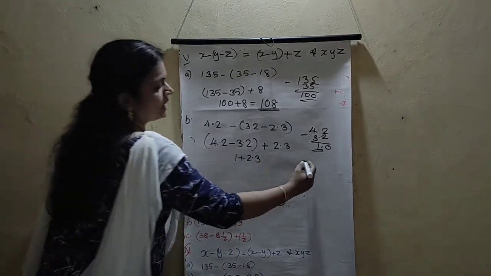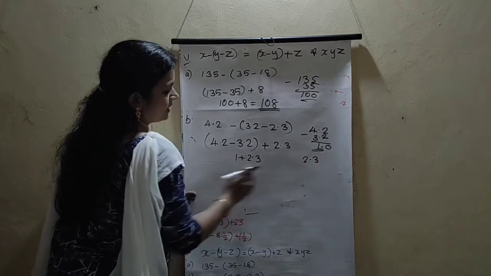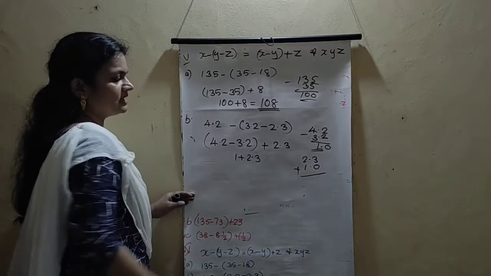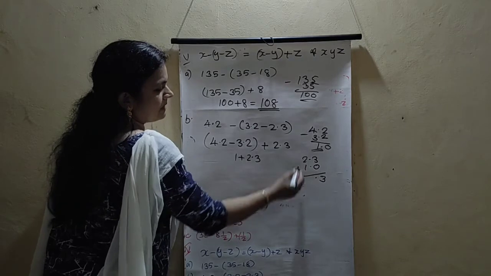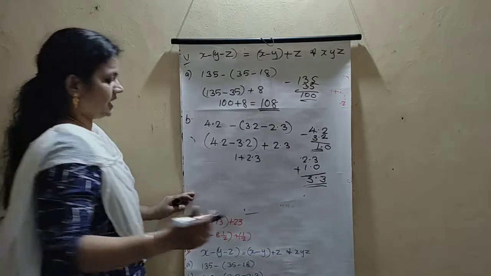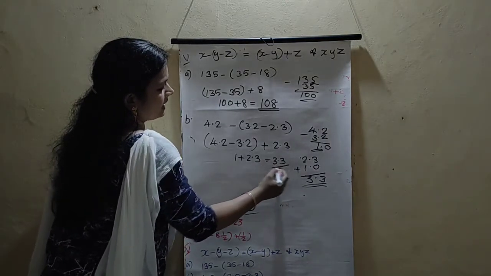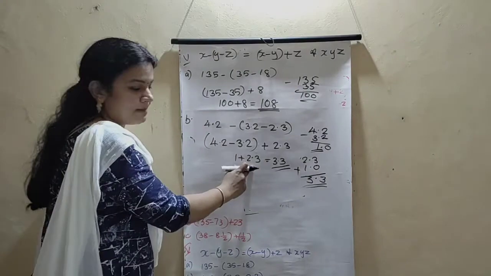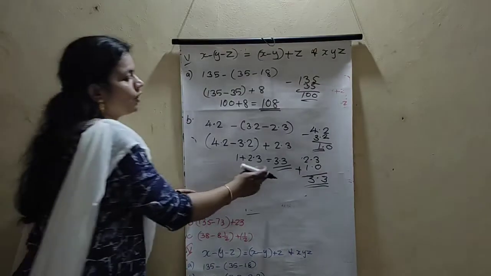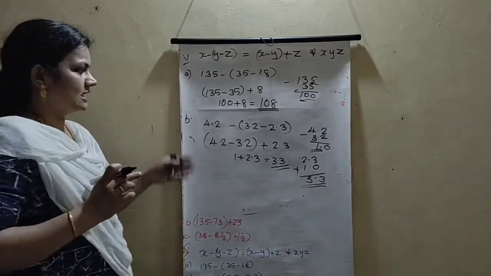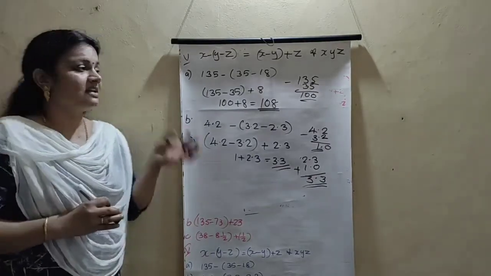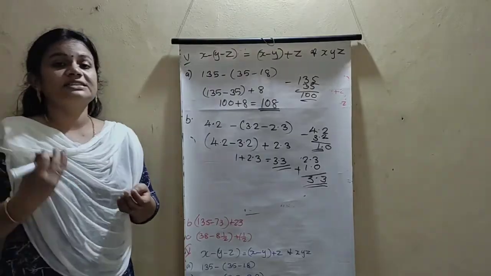How to do this addition? 2.3 has a decimal part. Here there is no decimal part. So 1 is right here, 0 is right here. Add it. 3 plus 0 is 3. Put the decimal point. 2 plus 1 is 3. Then what is the answer? 3.3, because this is a decimal number. 1 plus 2.3 is equal to 3.3. So children, we have finished our 5 general principles. You should study all these general principles well.